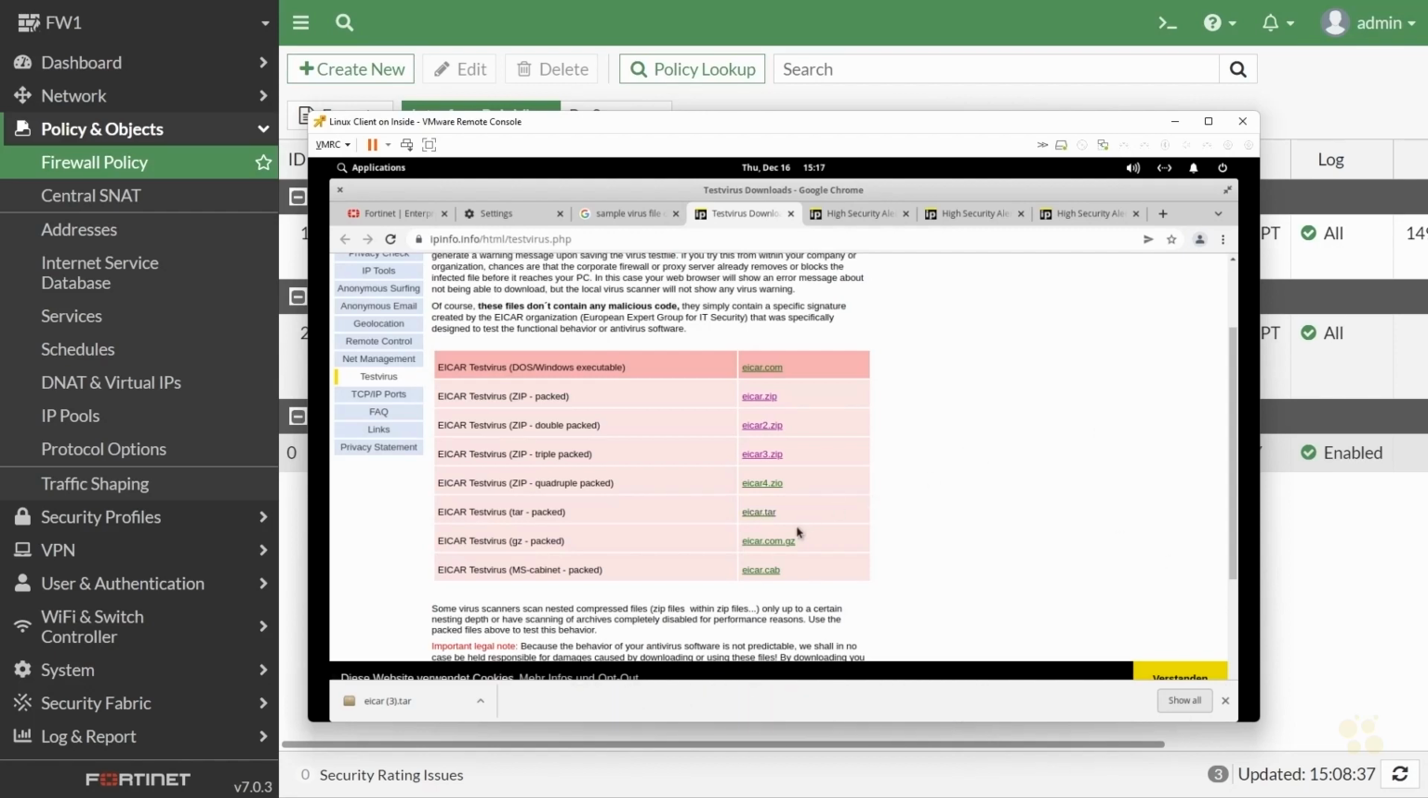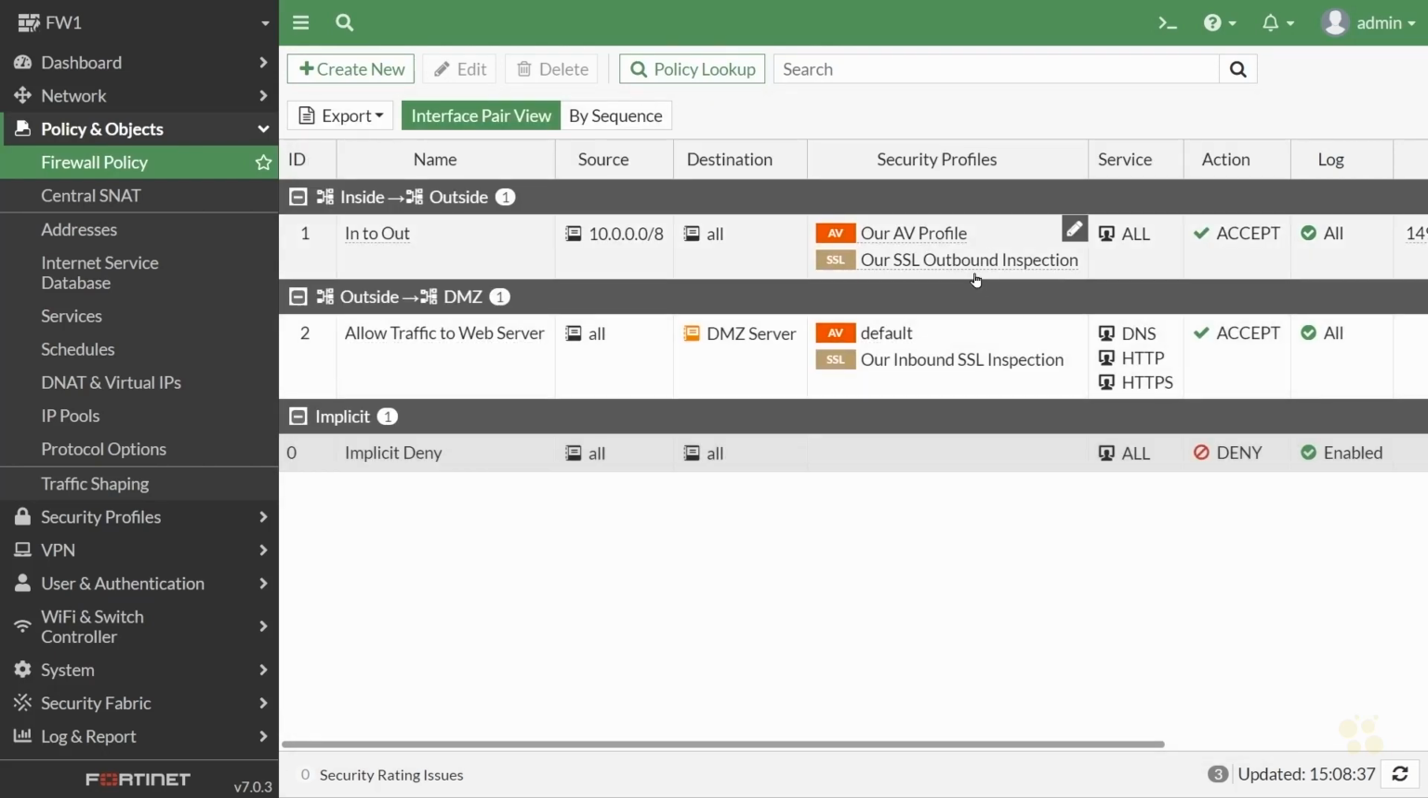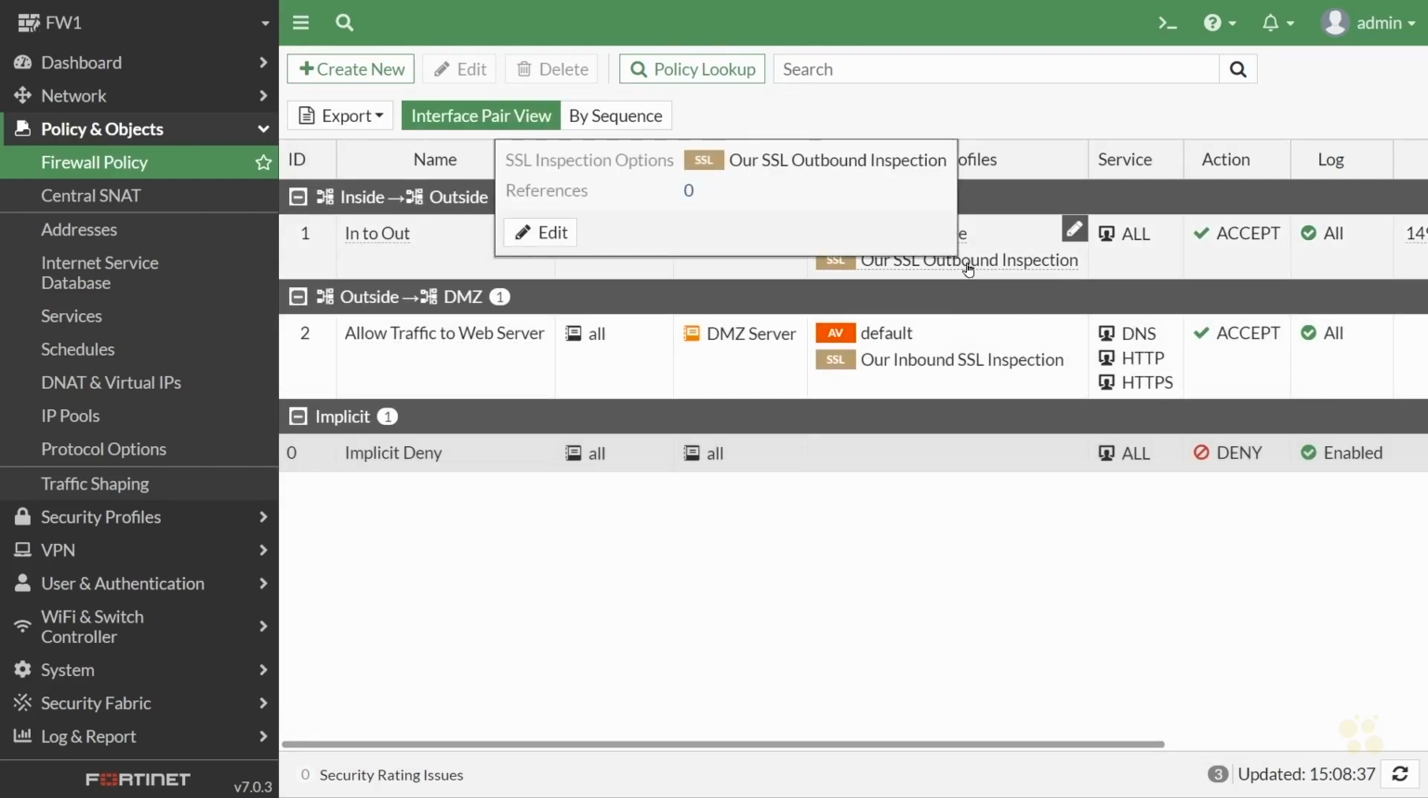But for now, I just want to reinforce the idea that if we don't have the SSL inspection and we're not having the firewall get in the middle of the conversation, all of these files, if they're going over HTTPS, would be able to come down right to the client, and the firewall wouldn't have any idea that the malware was going through it. So the great news is we do have the inspection profile now applied, which is allowing